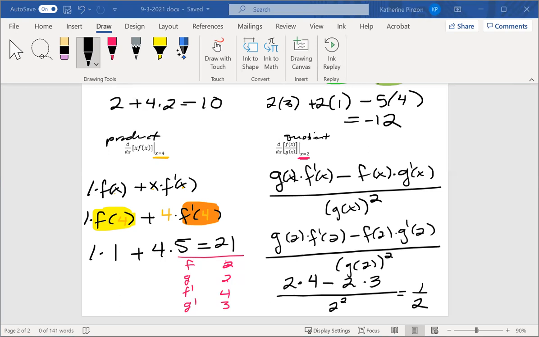I want you to be careful when you're doing your homework, because in your homework, there are some problems where they ask you to do the derivative from a table, and there are other problems where they just ask you to use the values from the table and not even take the derivative. Okay, so just look out, like, do they put the prime on there or this derivative notation or not? Okay, so be on the lookout for that.